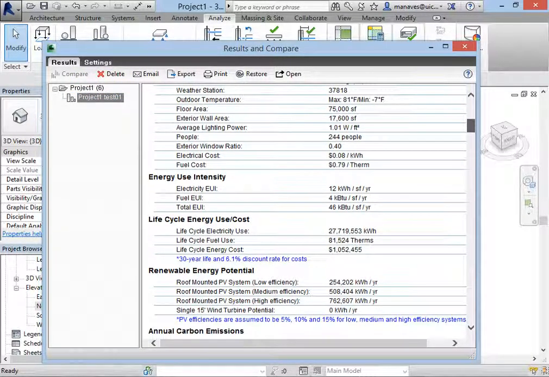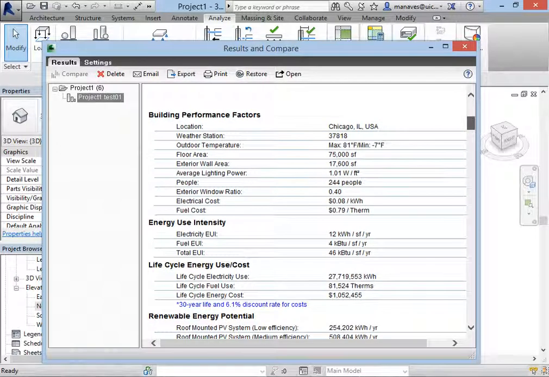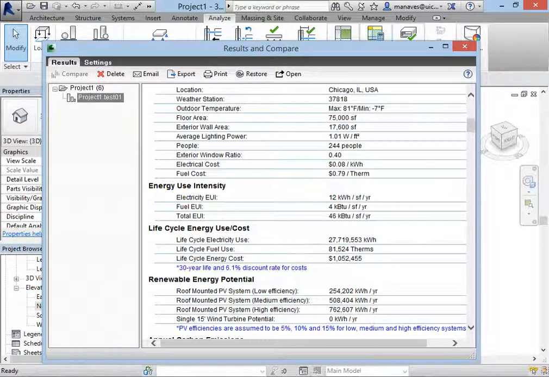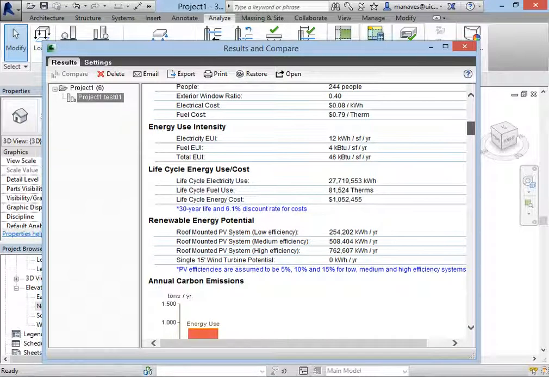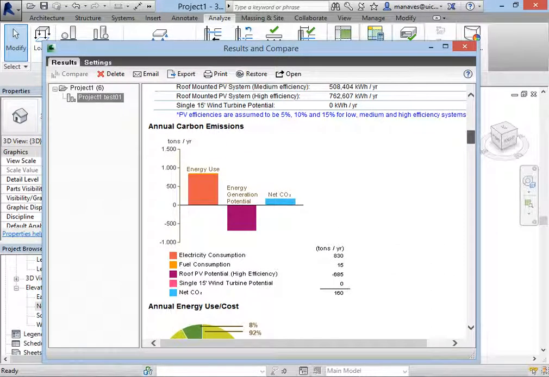I mean, you get some things that are maybe, you want to know how many square feet you have. This is interesting: how many people might be in it. That's what they're assuming by usage, and all of these can be changed. But it's defaulting because it's an office, based on square footage. And then you get some, you know,